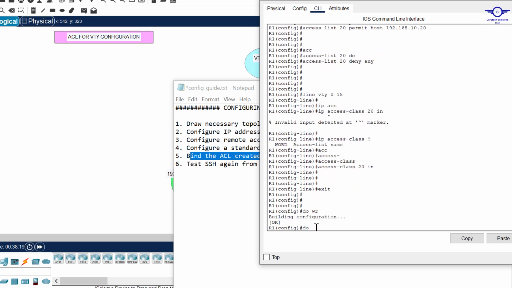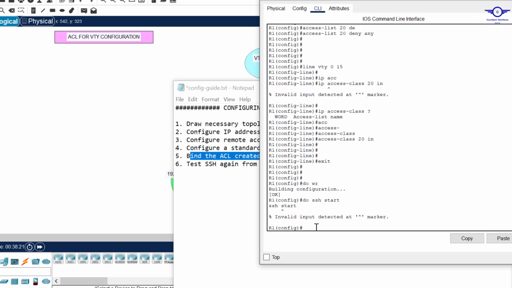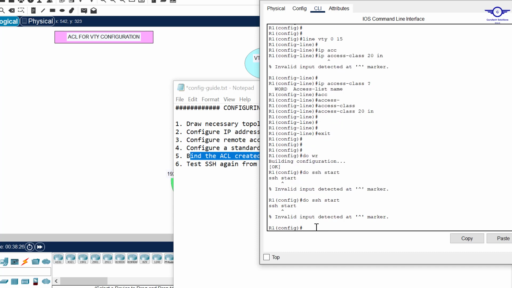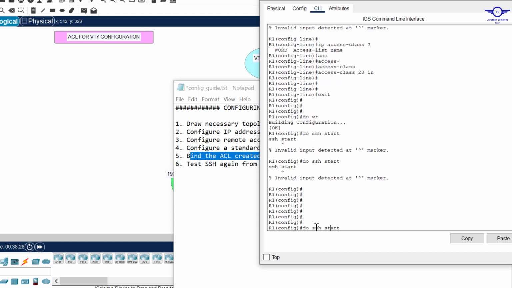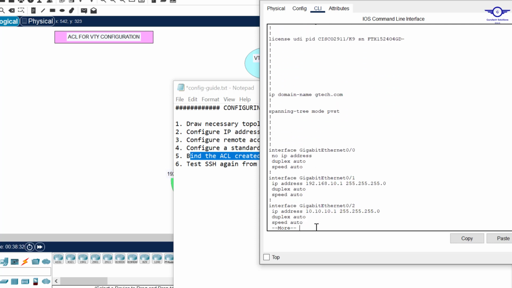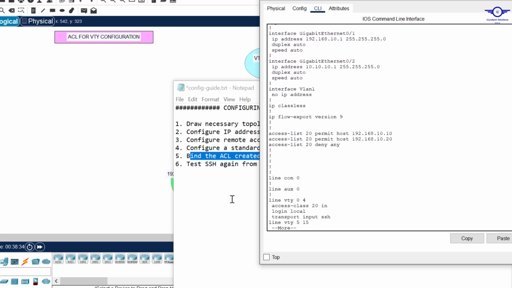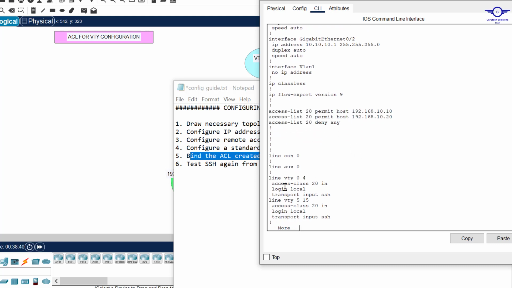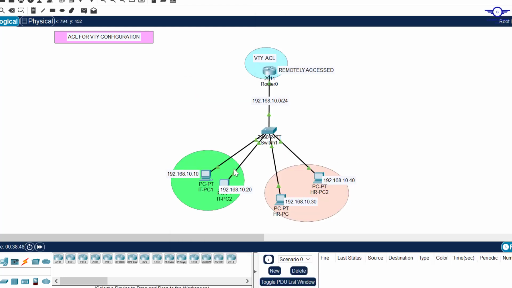Then exit and do write. You can just say do show start. You can see these are the access control list policies that we created, and you can see very well that it has been applied on the VTY interface. I mean access-class 20 in. So let's go back to